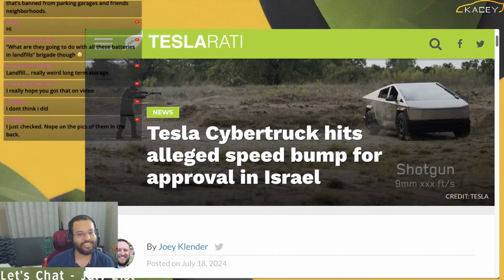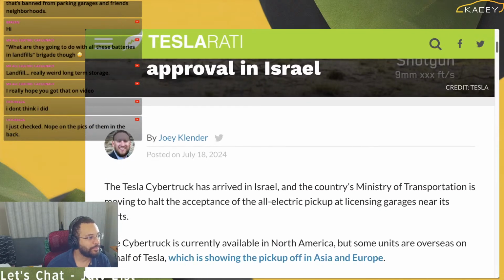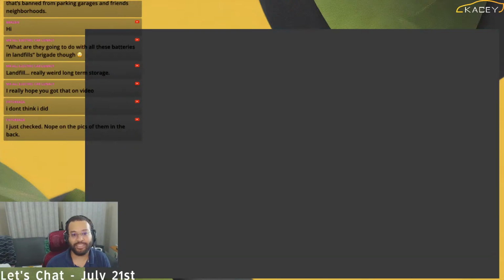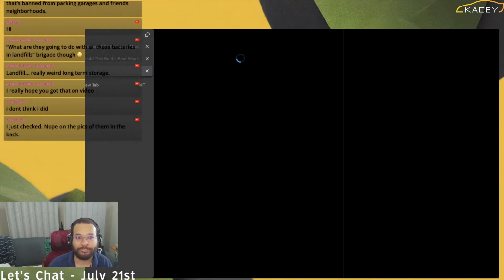The kind of guns that they are going to carry in Israel, even off duty, are high powered rifles, and high powered rifles are not a problem for this vehicle. They go straight through. That's holding them up. But speaking of holding up the Cybertruck, we've now got a report out of Canada. What is holding Cybertruck up out of Canada? And this one is for sale from Tesla, not for a one-off import.